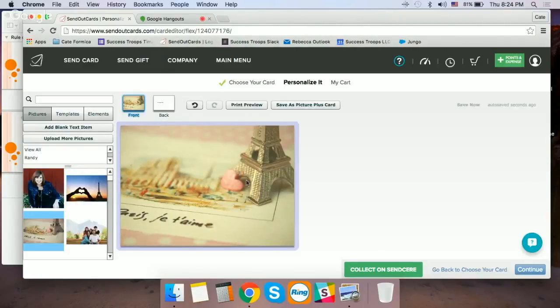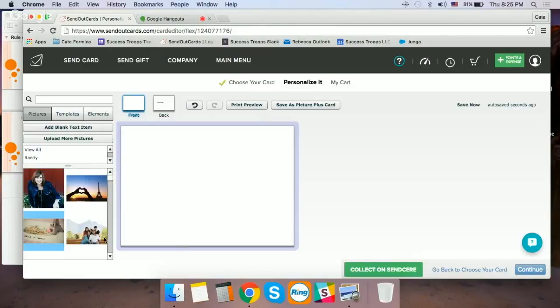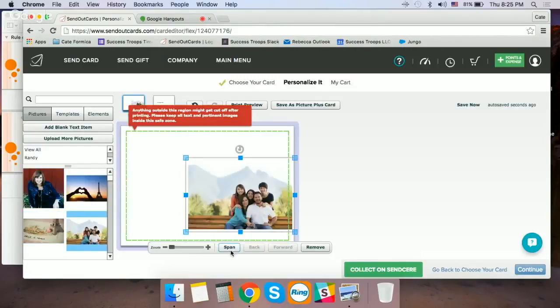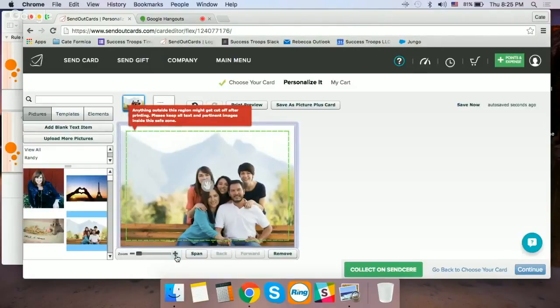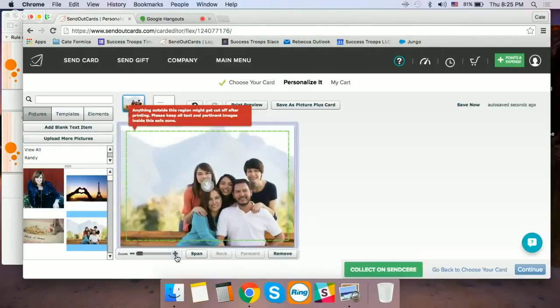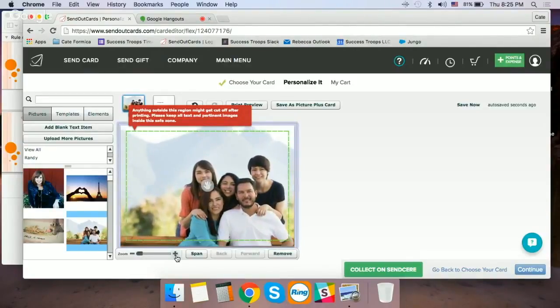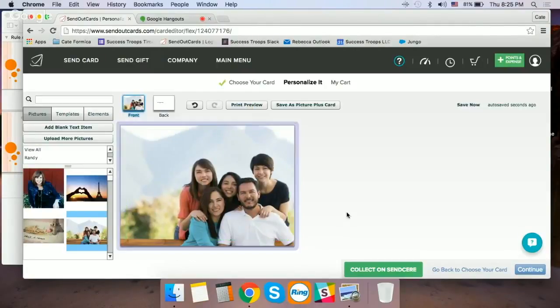So this is key to where things land, and this is key to where your eyes look naturally. Let's look at some of my other pictures here. This family, if we were to span that picture, I'm going to actually expand them so you can see what I can do here. I can make them go to the right, and I can make their eyes fall on that top right intersection.